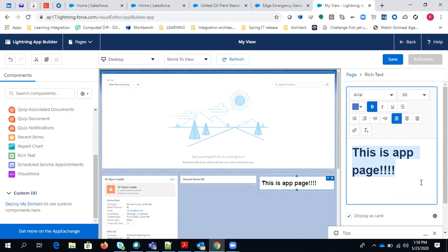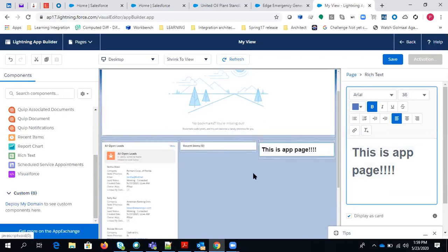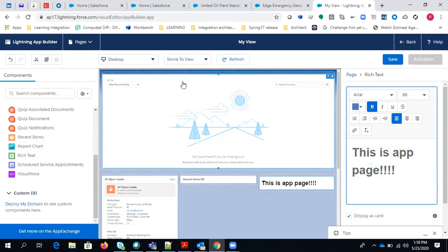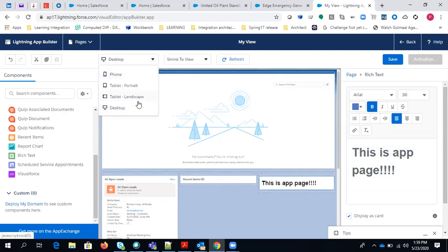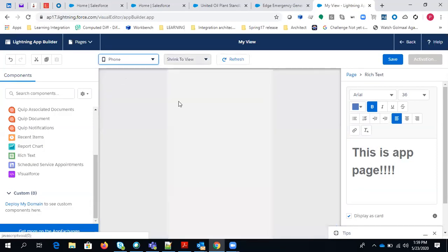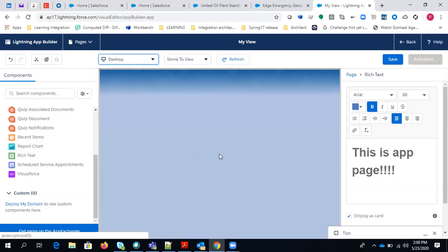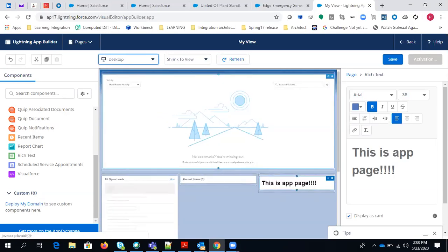Right, so we have created this kind of view, and after creating this, you can check it with the different tablet, portrait, landscape, or whatever version of this you want to check. So you can simply switch on this. Sometimes it can take some time to load, but you can check it by just changing this feature, right? So you can test it with the cross browsers as well.